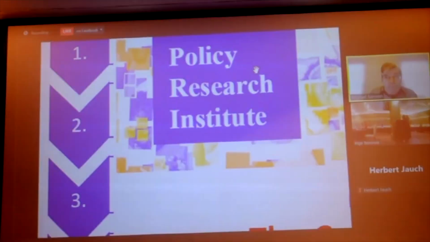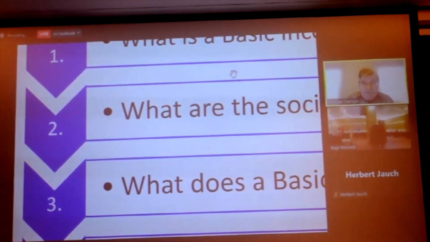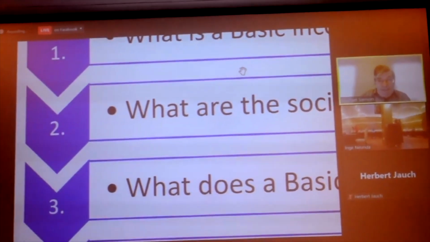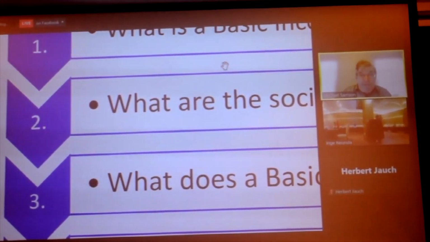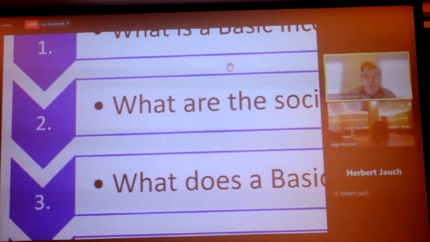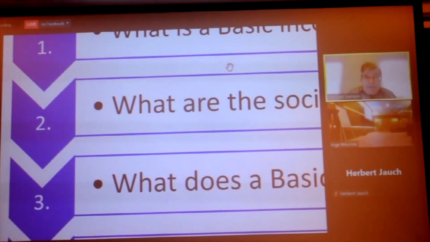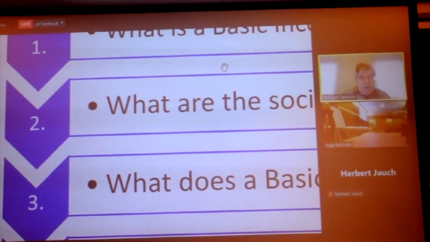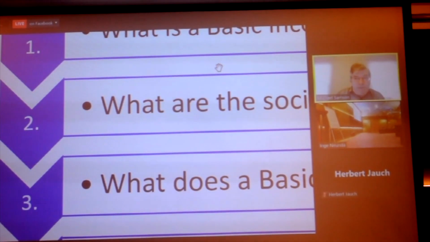I'll cover 4 main points in the next 15 minutes. First, briefly, what we mean by a basic income grant for Namibia, and then an overview of the key social and economic benefits, and then how we can conceptualize the cost and some of the research that has been conducted on the cost. And then I want to focus on a key design feature of a basic income grant, which